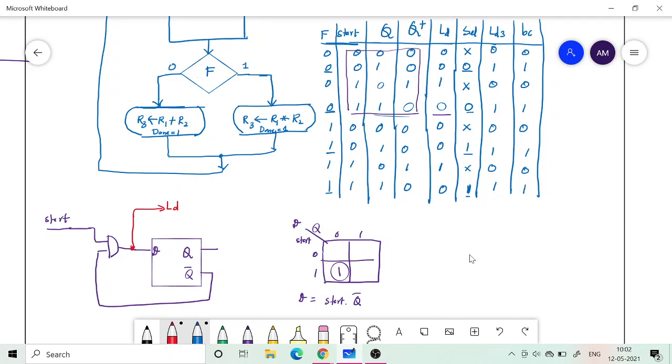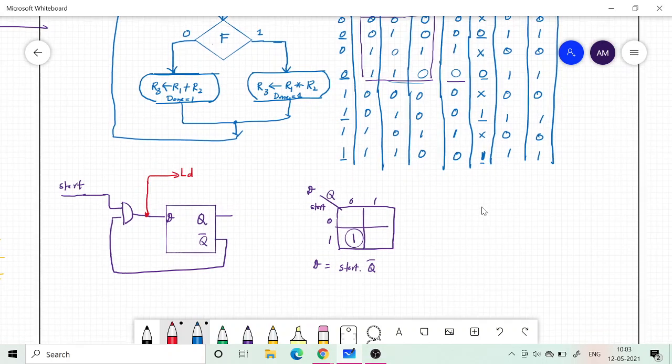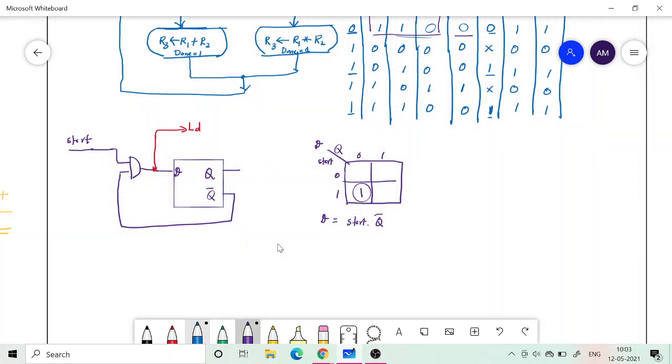So we can say select is the same as F. F is available as an input to the system, so I will just throw it here. So this is my F. I can directly connect F to select.